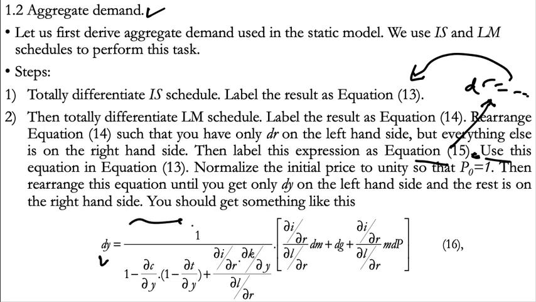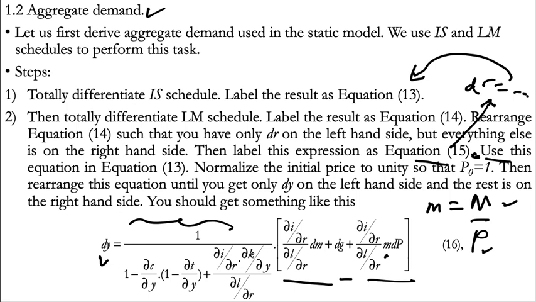Now, you see this bit, this is basically the spending multiplier. And then in the square bracket, you have three things: number 1, number 2, number 3. Number 1 here is dm, the change in real money supply, where small m is actually capital M over P, the money stock over the actual price. dG here is the change in government spending, in real terms. And dP is the change in the actual price.